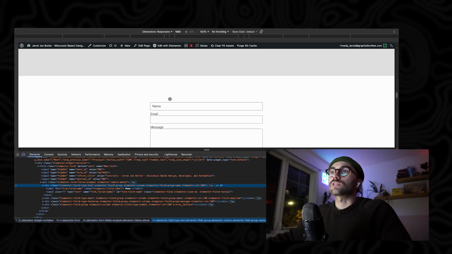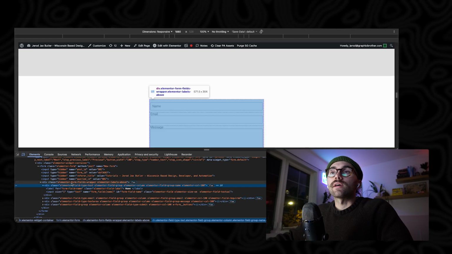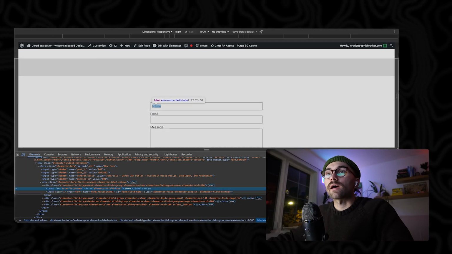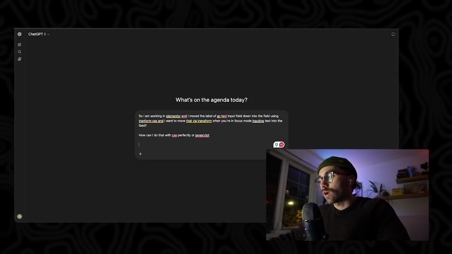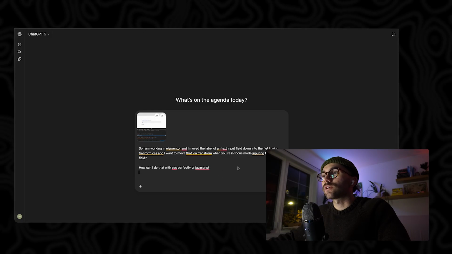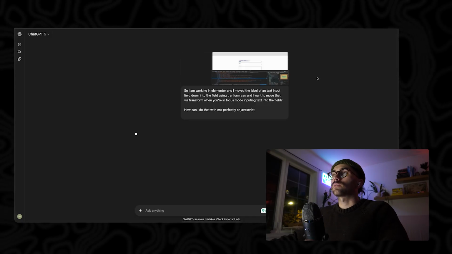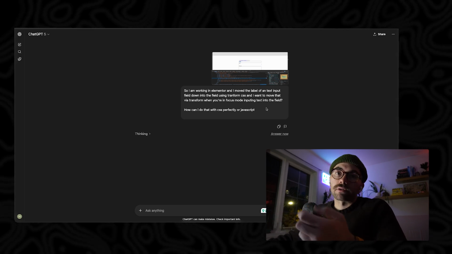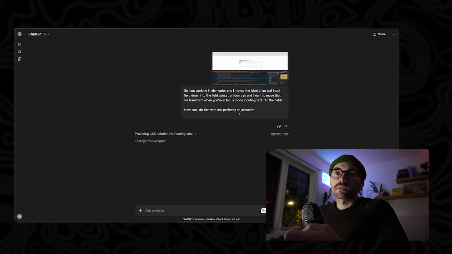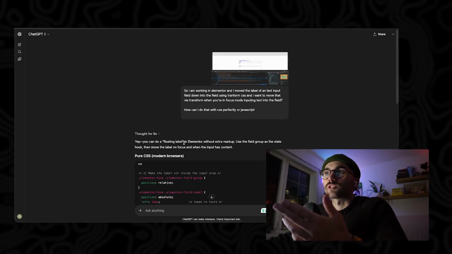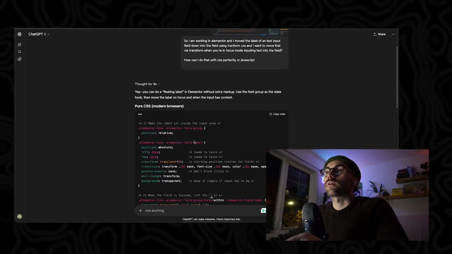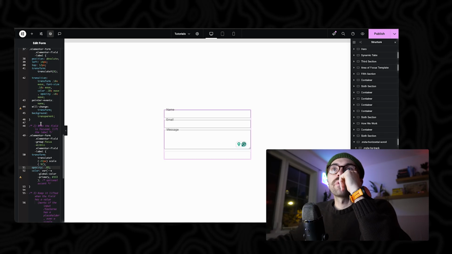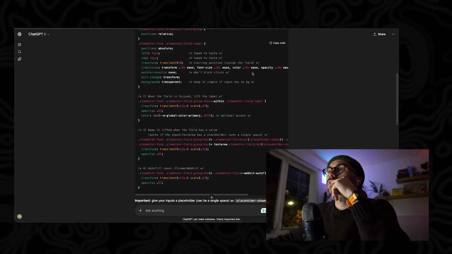Now let's jump down. Let's go to this. Let's give it an idea of the field that we're working on. So I'm just going to have this label highlighted. I'm going to take a screenshot of my screen and then toss it in here and then have this prompt. Let's see what it spits out to me. Again, preferably I would like to do this in CSS. That would be as lightweight as possible. I think there is a way to do it with CSS, and it knows immediately that we're trying to do the floating label. So that's what we're building here. So position relative, element of form, focus within. But we can use what it is doing. So let's see what it